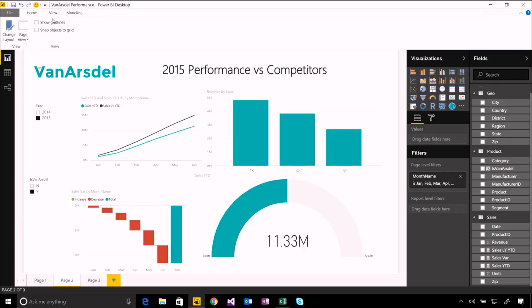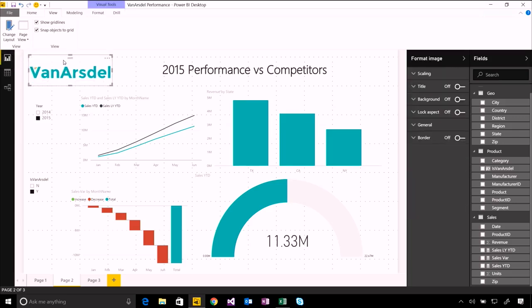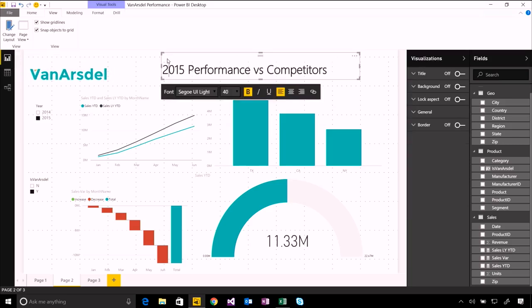So under the View tab, you'll see two options. One's just to show and hide the gridlines specifically, and then the other option actually snaps the different charts and objects on your report to that gridline. So by turning these both on, I can quickly align my charts to the different gridlines that exist